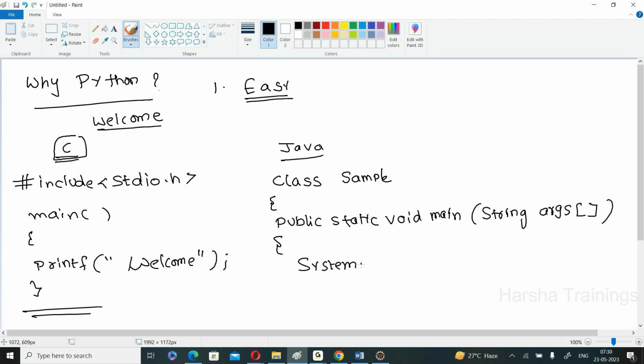Anyway, if you don't know, no problem. But just understand the complexity levels. System.out.println: here we are typing the message welcome. Close this main method, close this class. Now clear? Coming to Python,